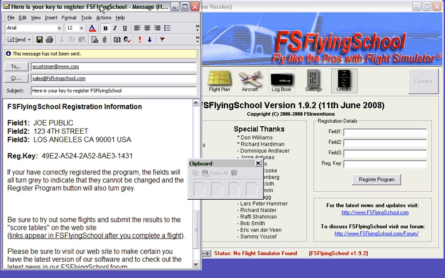So, to get to the point, what you need to do is get this information from here into these fields. And the way to do that is to copy and paste the information. If the information is already available for copying and pasting, what you should not do is attempt to memorize it and type it into these fields, because the slightest mistake will mean that the key will not work, and when you press the Register Program button over here,